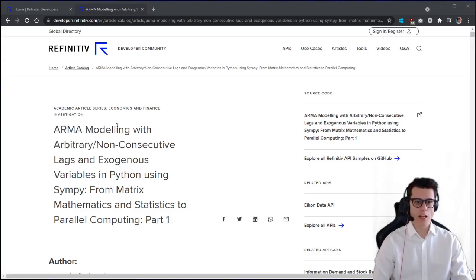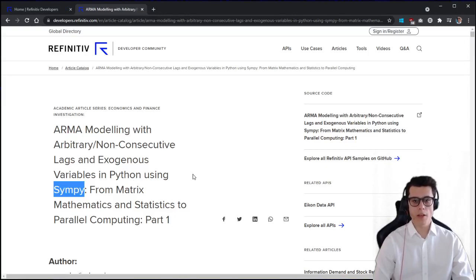Today we're going to be looking at my latest article, ARMA modeling with arbitrary non-consecutive lags and exogenous variables using Python. And here we're using specifically Sympy. Sympy is a Python library that focuses on matrix algebra, actually not just matrix, but just mathematics in general. And it's very good at showing the actual maths, showing the actual variables, and it goes through Markdown and LaTeX